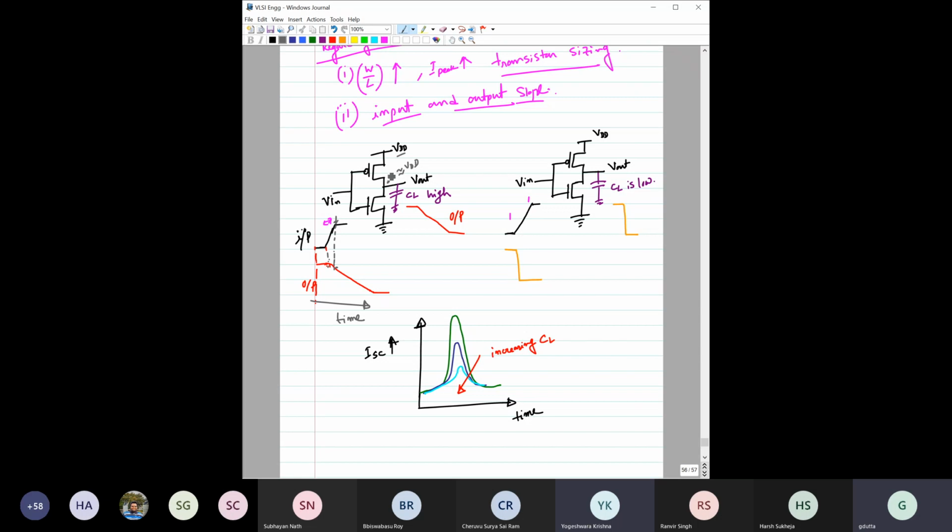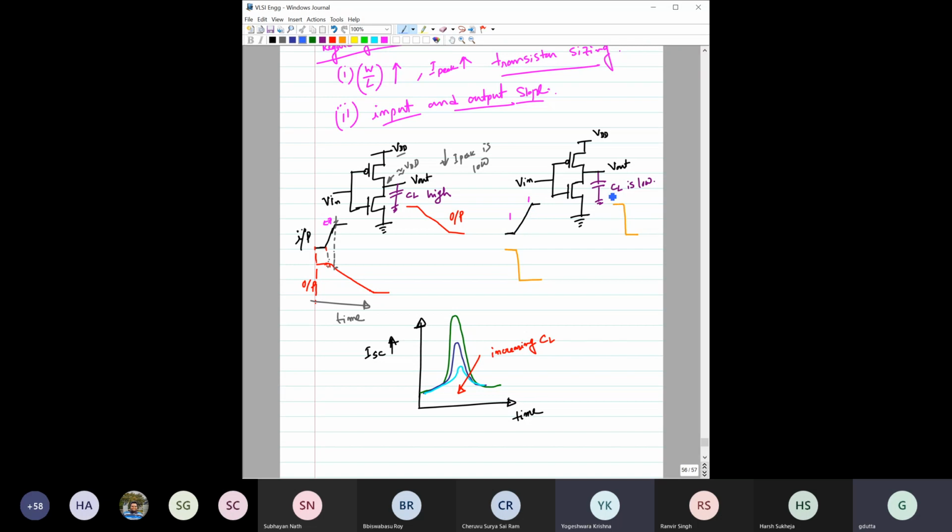So that way, the current that can flow from this VDD to ground will also be significantly lower for this case. So then I peak is low. However, if you consider the other case, here, same input, I mean same time it is taking, but say the CL is very small,